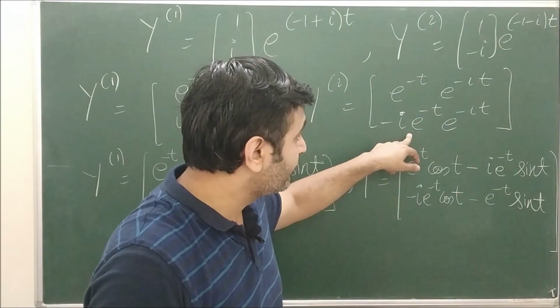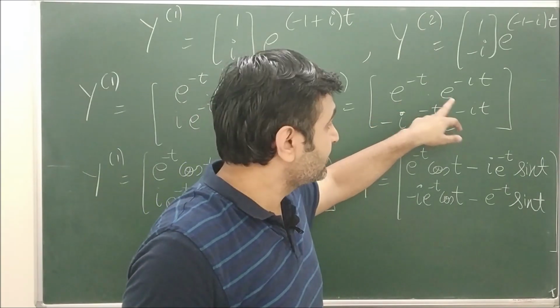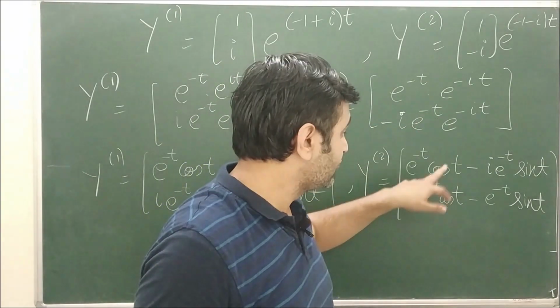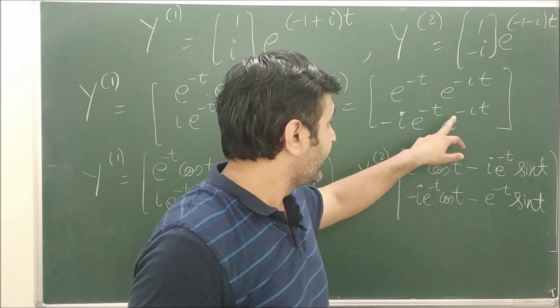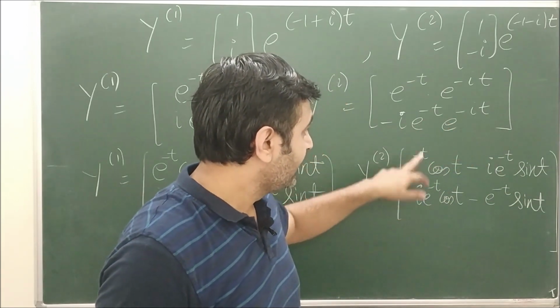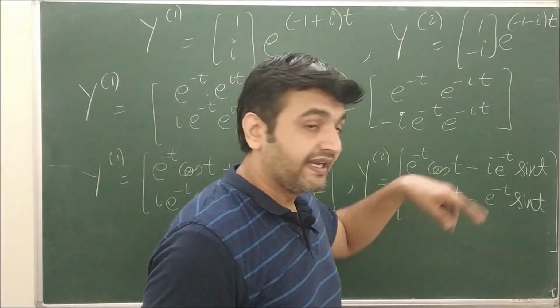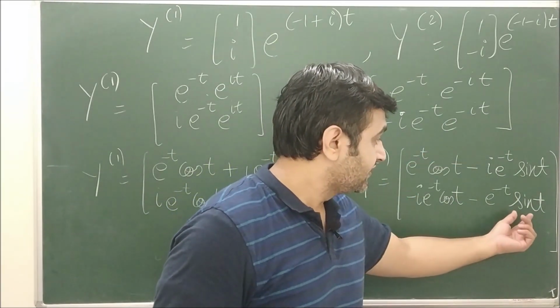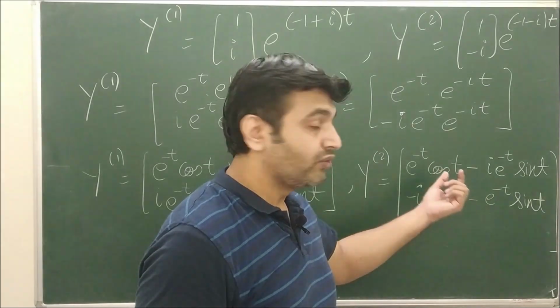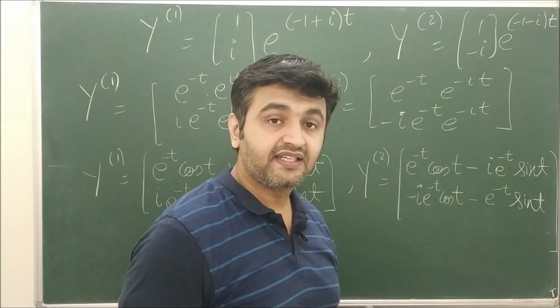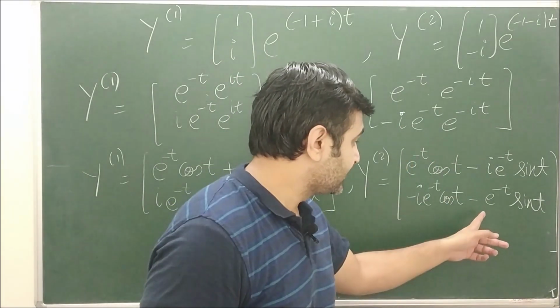Similarly, you do the same thing over here. E raised to minus t as it is. What is this? Cos theta minus i sin theta. So cos t minus i sin t. And here your i is there, minus i. E raised to minus t is there. For this you have cos t, and then minus i sin t. So minus sin t is here. But you have minus i. Minus i into minus i is what? It is minus 1. So this is minus 1 over here.